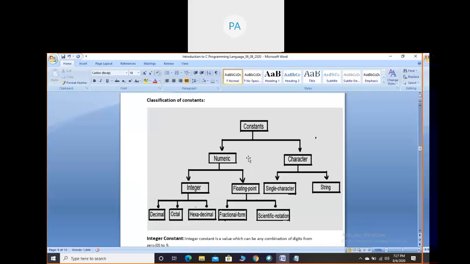Now these are the classifications of constants. In constants we have two main types: numeric constant and character constant. By the name itself, we can consider. Always when you learn a new topic,